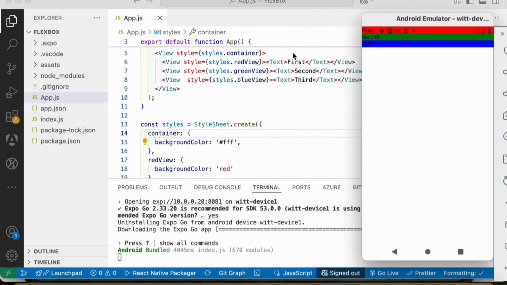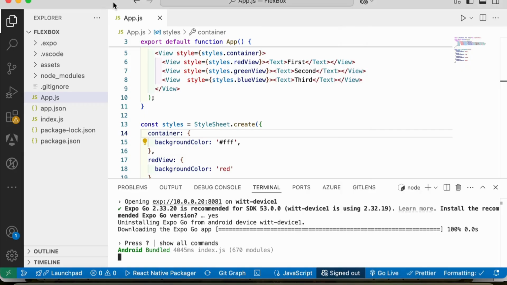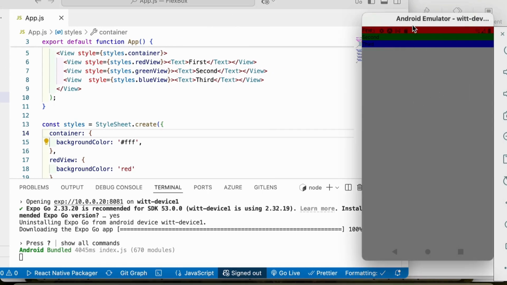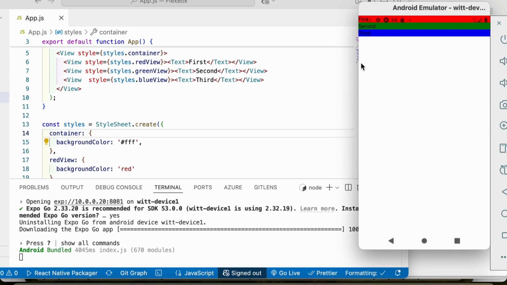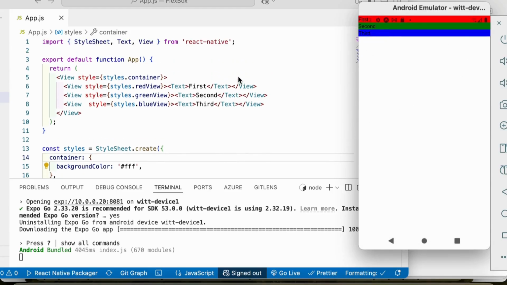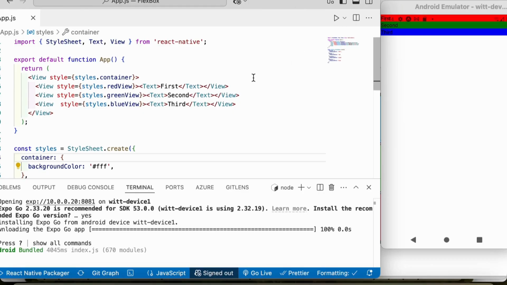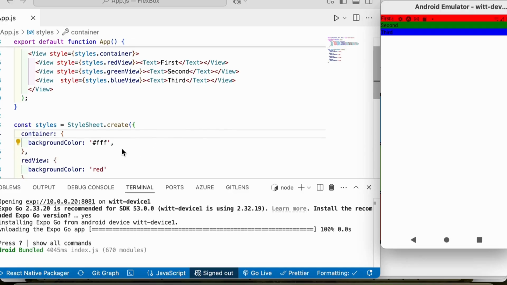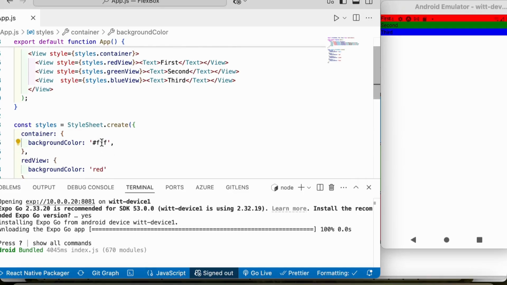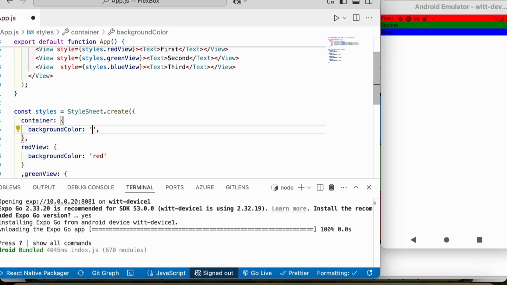Now this is here my initial application. As you can see, I have 3 text in those 3 views in the top left corner, and they are stretching all the way to cover the width. Now I cannot see the main container, so the container that contain all those views is actually stretched to fill the space. And it is white, in order to see that, let's say here I need it